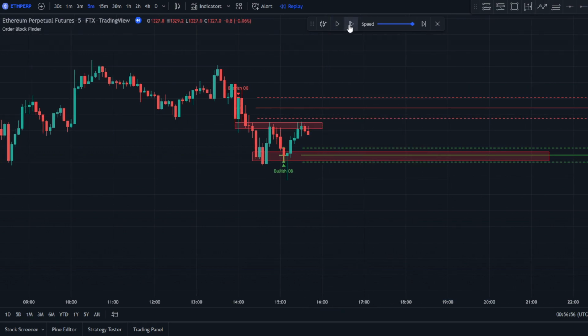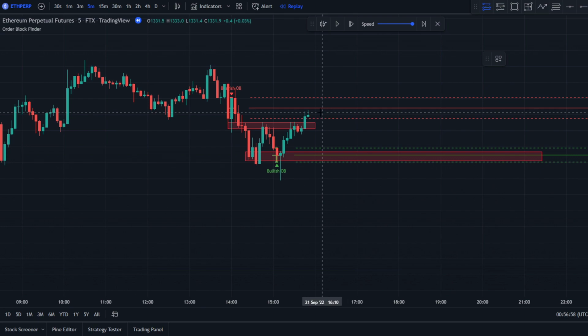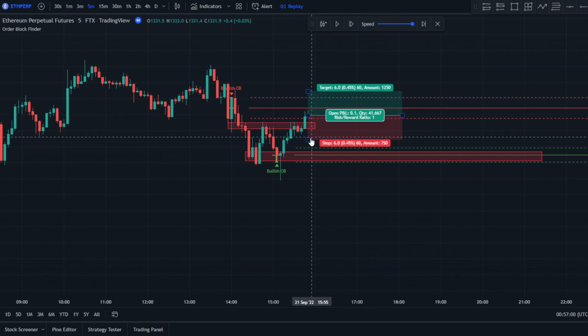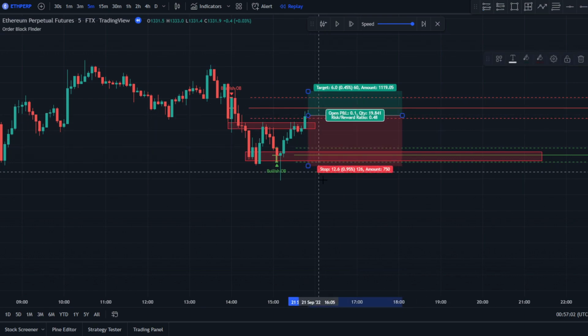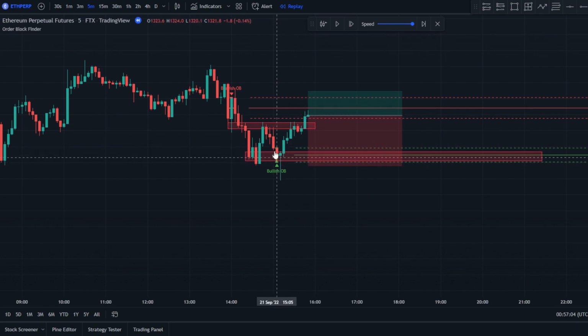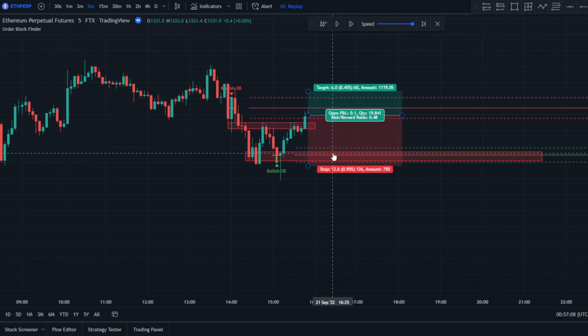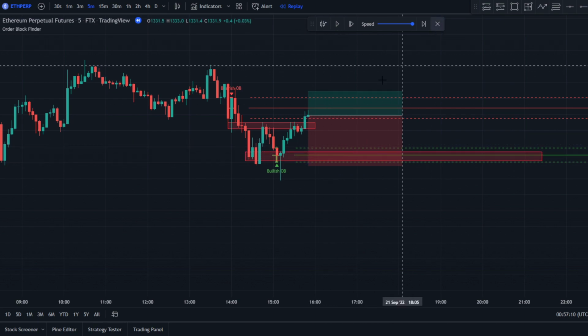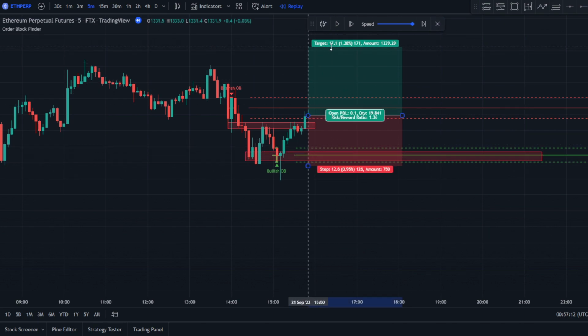So we're going to play the candles out. We have this breakout above the resistance. We're going to take this position there. Usually we want to put our stop loss below the bullish order block because this area is where there's support. So maybe if the price reverses back to this area, there will be a lot of buying pressure and you push it back up. So you can take a 1.5:1,